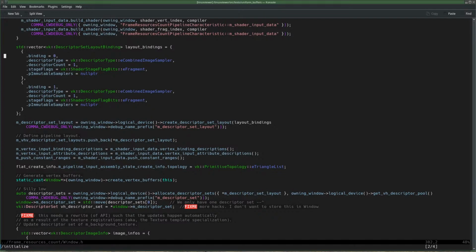Not really. Okay, this is layout bindings, and then we call create descriptor set layout. And only after we have the descriptor set layout, we can do this, because it is used. Pushing something to descriptor set layouts.